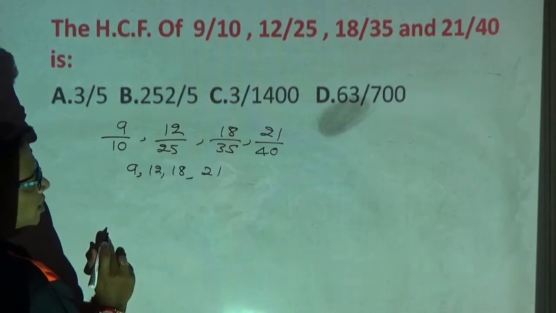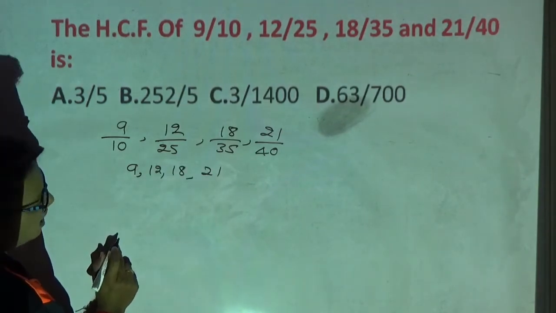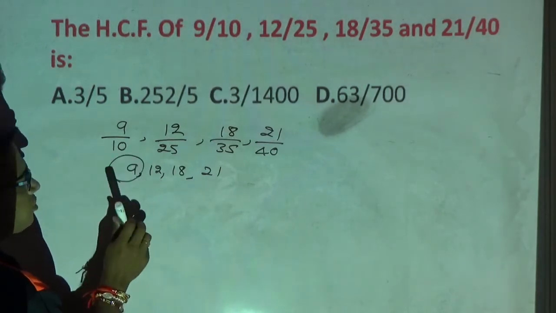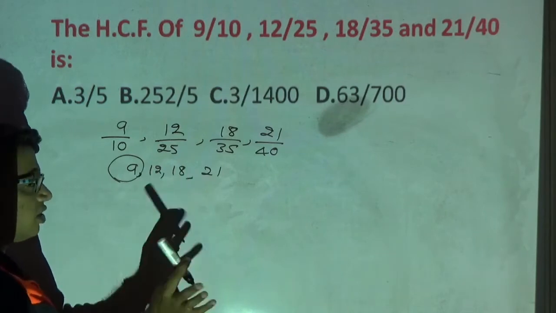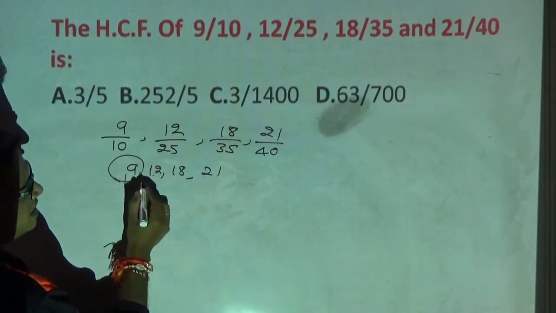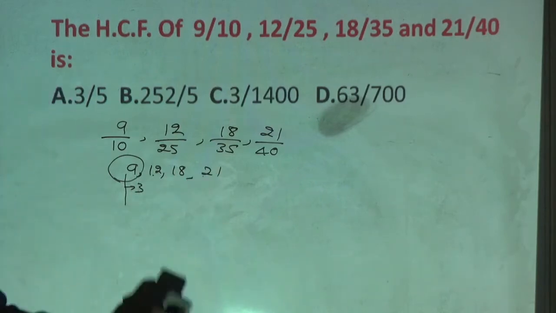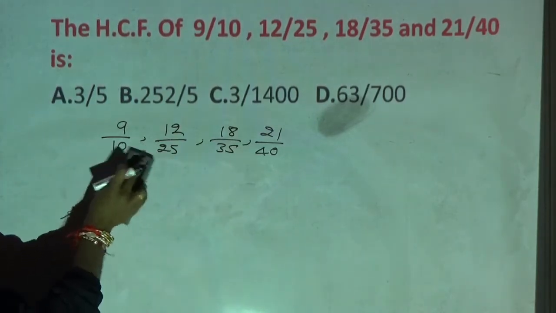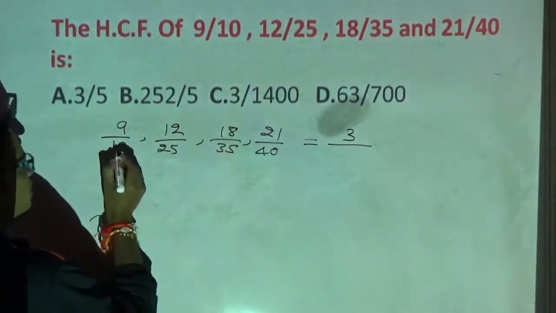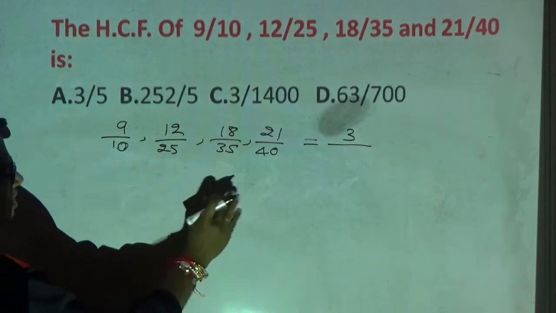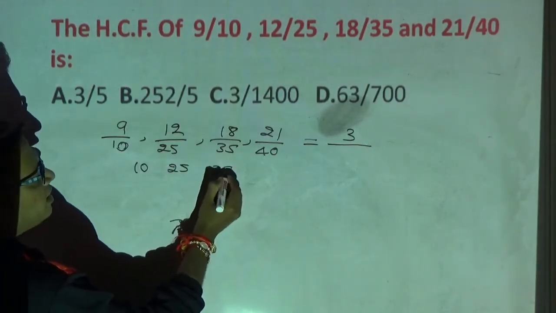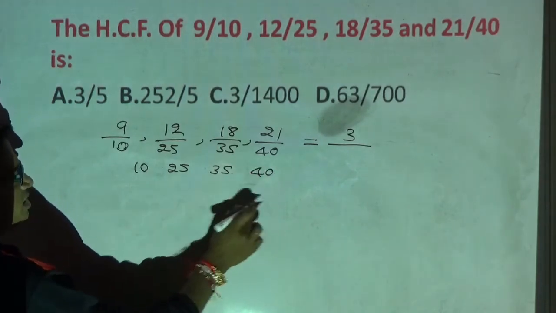Now how to find out HCF using the shortcut technique? Find the least number among all these, 9. Now check whether from 9 I can divide all of these. Now tell the factors of 9. 3 is a factor. From 3 I can divide all of these. Yes, I can divide. Therefore HCF is 3. So I got the HCF. Now for your denominators, what do I need to find out? LCM. LCM for your 10, 25, 35 and 40. For these numbers I need to find out the LCM.